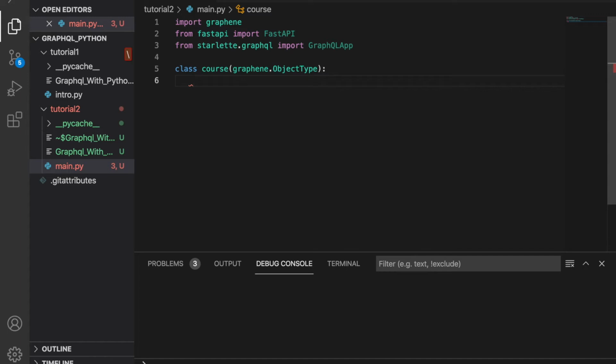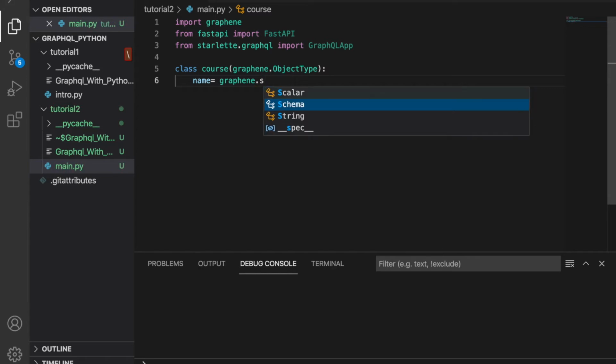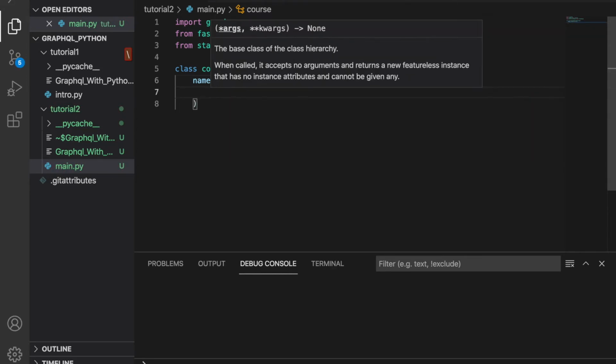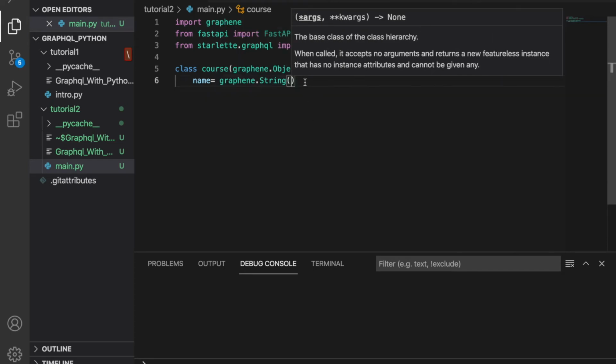Suppose you are going to engineering college, or you are going to do an online degree, so probably there are multiple courses. What do the courses have? They must have some name. So name equals graphene.String.